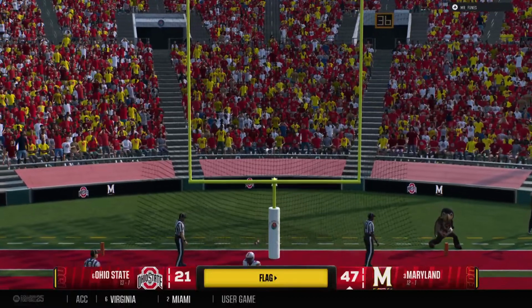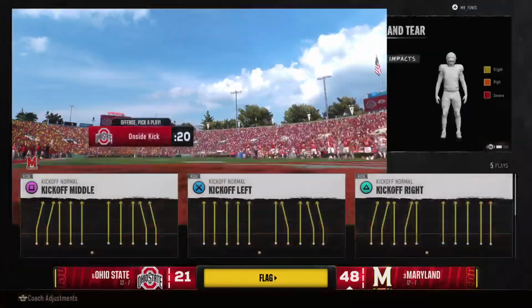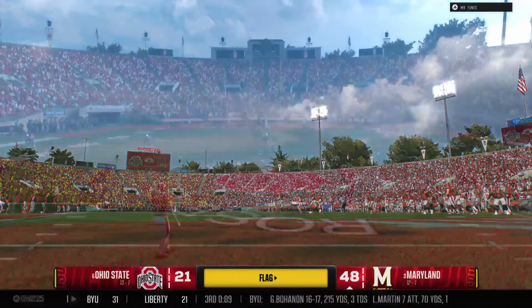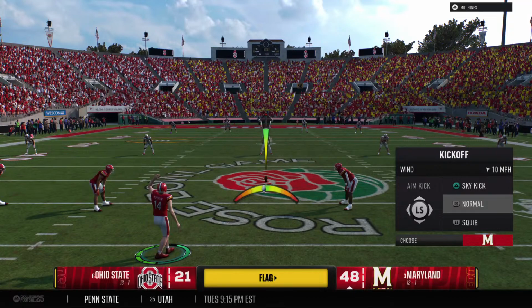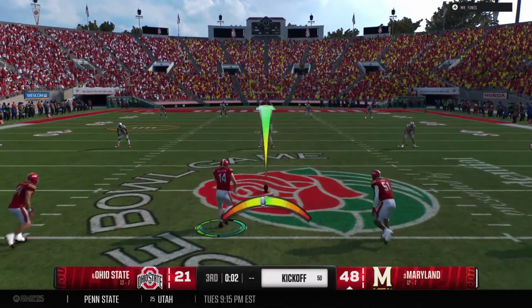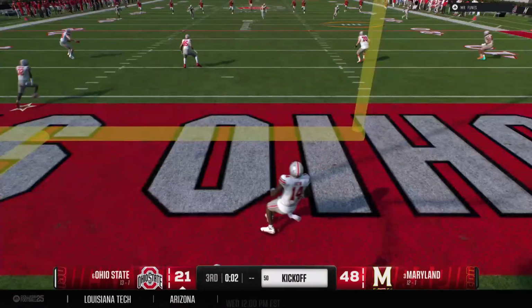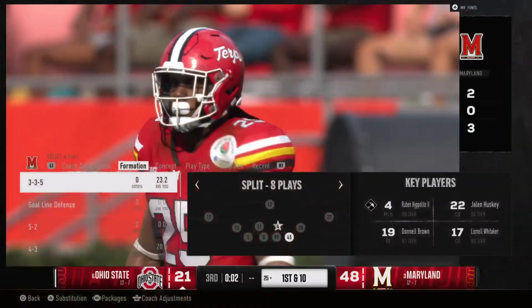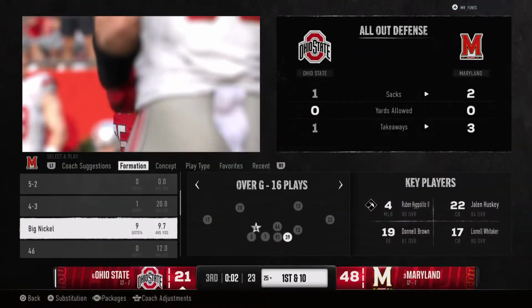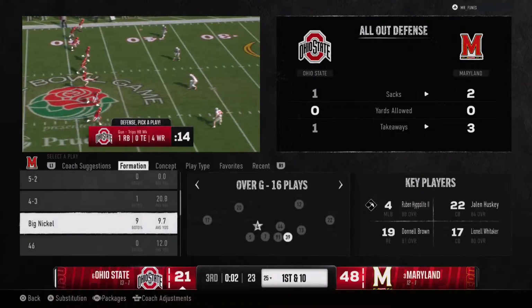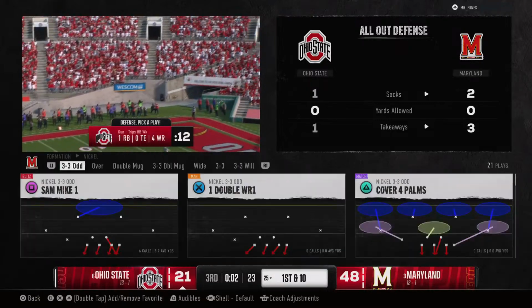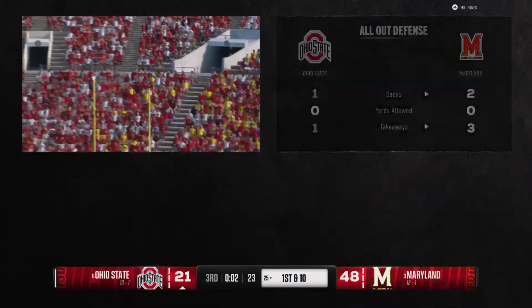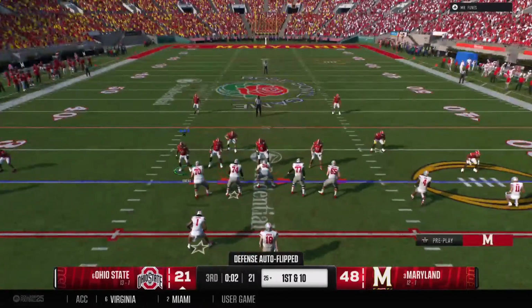The kick is good, and the kicker got clobbered. Flags all over the field. And the head coach will decide to accept the penalty and take the yardage. This one is not returnable. It's out of the back of the end zone. This should be the last play of the quarter.